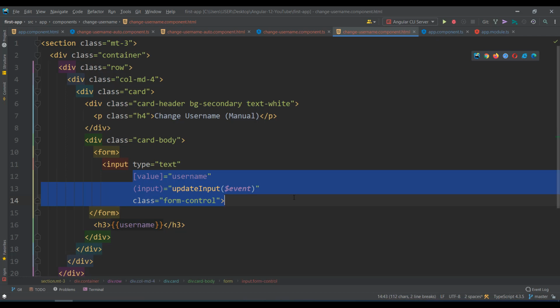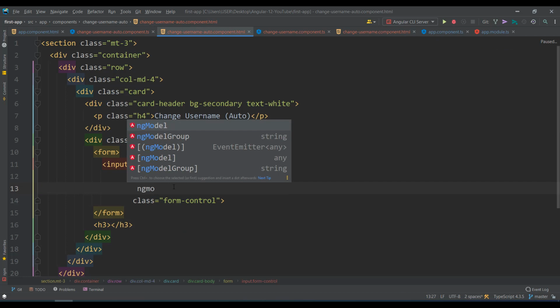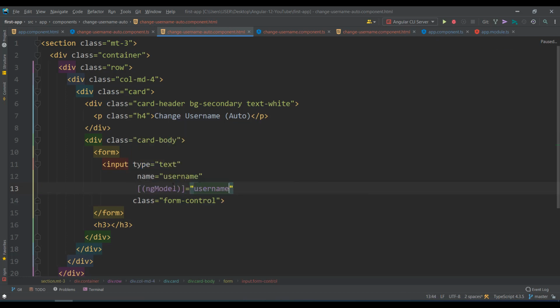So you want to make both together, so you have to do something different: ng model, this one, username. This is both, so username can be bound two-way. One is from the TS file to HTML, and the other is from HTML back to TS, and we use ng model here. We just wrote one line, and if you want to see that value, just write username here. That's all. Simple. No event, no function, nothing. Just create a variable, bind it with ng model and display it wherever you want.